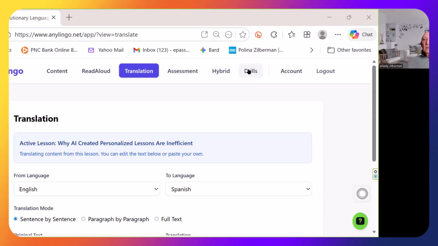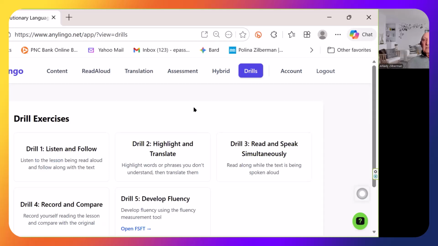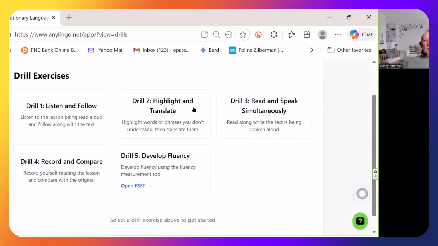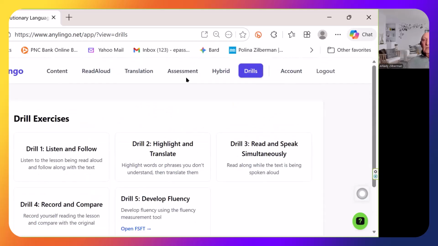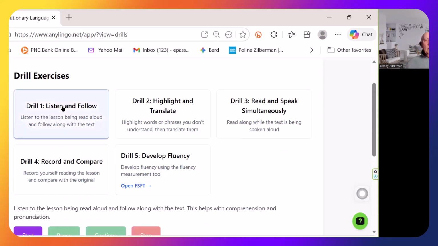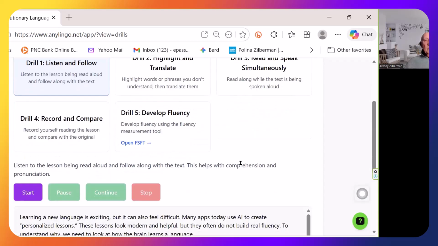Now, if we click on the button drills, we see that AnyLingo has 5 drills which are used with every lesson. Let's follow them one by one. In drill 1, listen and follow. What that means is you,